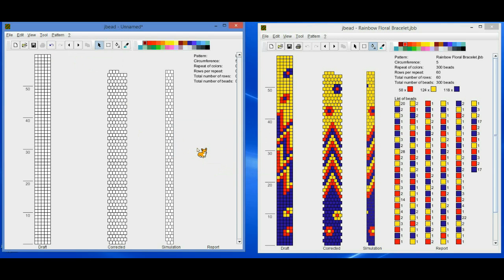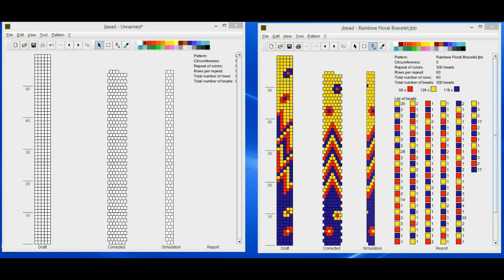Next, we will look at the 3 grafts. They are Draft, Corrected, and Simulation. The draft graph can be used to create your designs in. It also shows the bead stringing order.